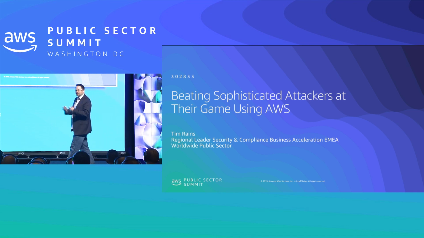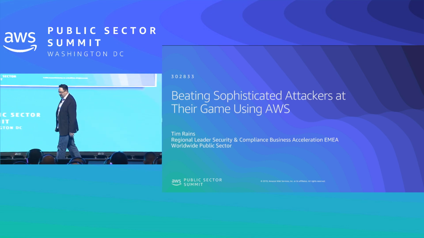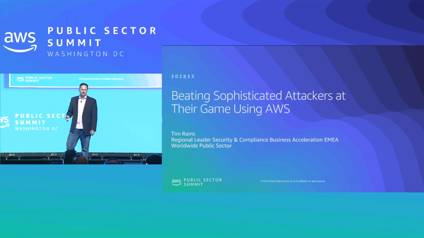And I've done this a long time, so I've learned a lot about how public sector accounts are trying to defend both their on-premises and in-cloud properties and so on. So today I'm going to walk you through some of the strategies that I've learned about over the last 15, 20 years. And then we'll look at one strategy in particular called the Intrusion Kill Chain strategy as an example, and how you can implement that on AWS.